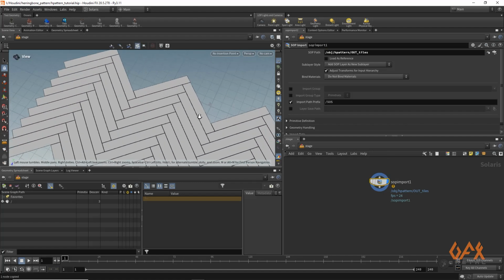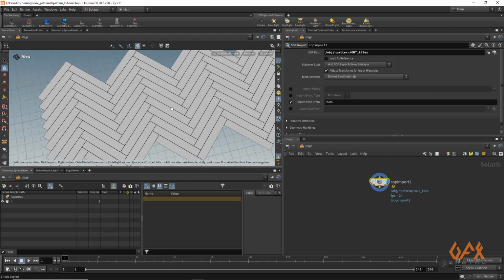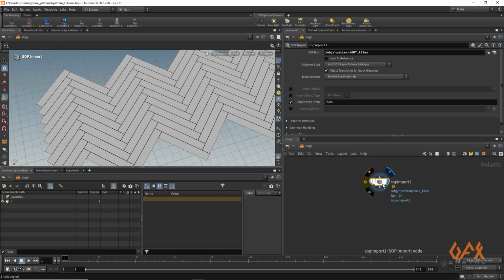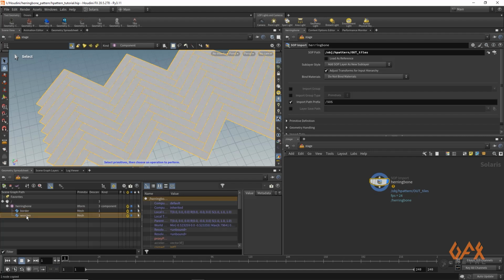So now we have this tile imported in our Solaris workspace, and if you check this SOP Import, we now get this border and wooden as different primitives. I name it herringbone, and now we have this component herringbone, in which we have two more primitives, border and wooden, so we can apply different materials onto these two things.